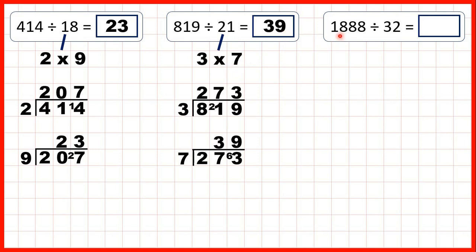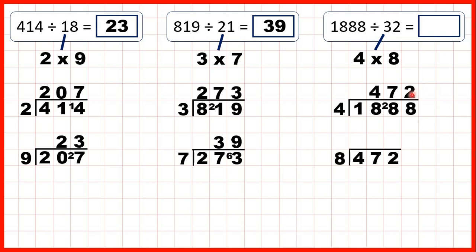So finally, we have 1,888 divided by 32. Now 32 is 4 times 8, so we can first divide by 4. 18 divided by 4 is 4, remainder 2. 28 divided by 4 is 7, and 8 divided by 4 is 2. So dividing by 4 has given us